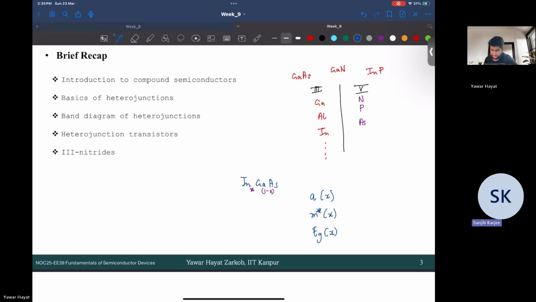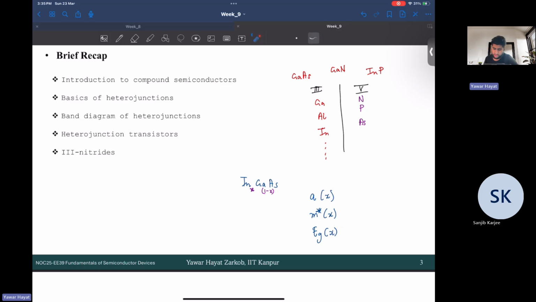So everything depends on x, sir. Yeah, it depends upon x because x altogether changes the nature of this material. We just saw if x is 0, then this is gallium arsenide, and when x is 1, this is indium arsenide. And these two are completely different, having completely different properties, and lattice constant is different, effective mass is different, EG